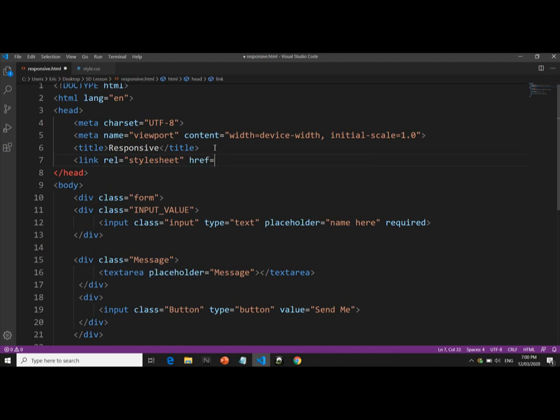So you need to specify that here. The name of that file is style.css, and you need to specify that directory, or if you have a folder name,